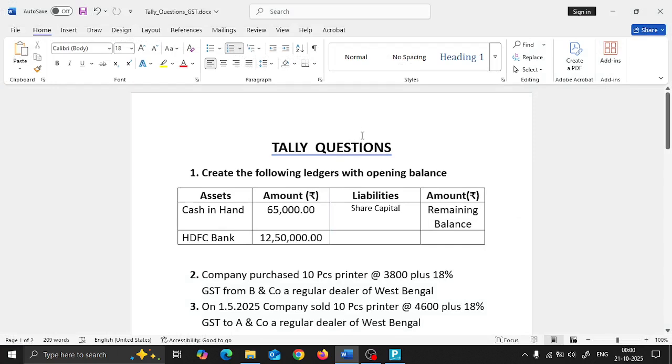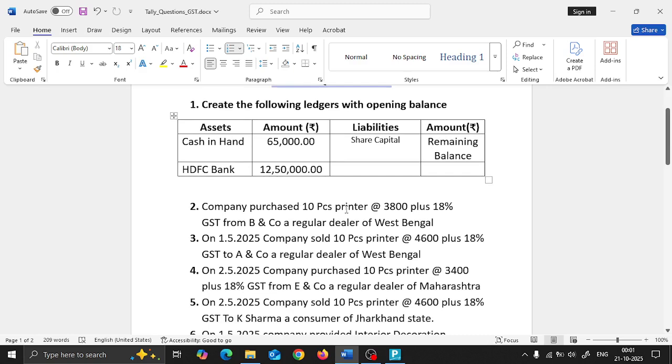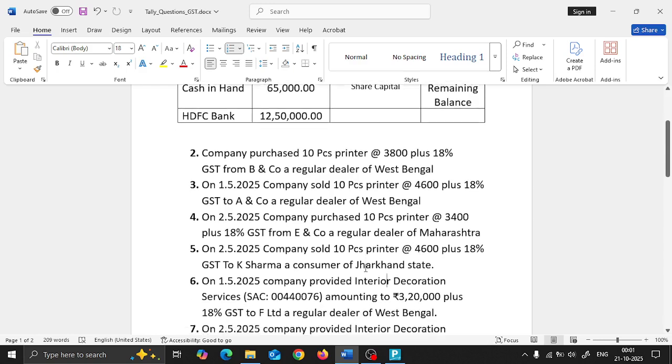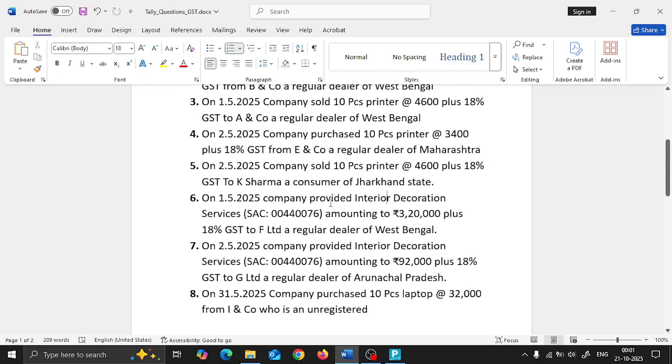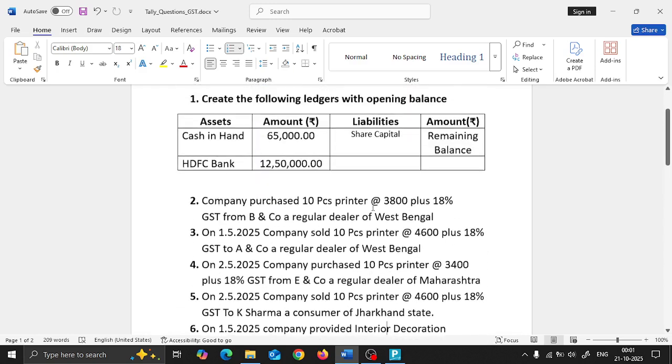So let's see what the questions on GST are. Basically, we need to create the following ledgers where cash in hand is 65,000, HDFC Bank is 12 lakhs 50,000 and share capital is the remaining balance. Then we need to do purchases of stock item plus 18% GST from a regular dealer of West Bengal and sell the same. Then we'll be again purchasing it from Maharashtra and selling it in Jharkhand. And then we'll also be doing invoices and entries for interior decoration with GST. So let's start the